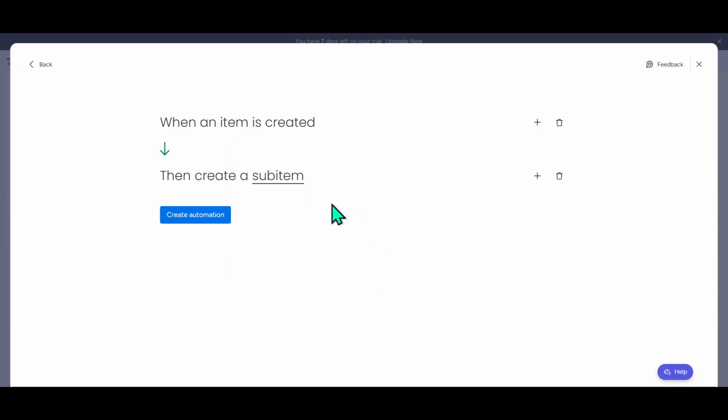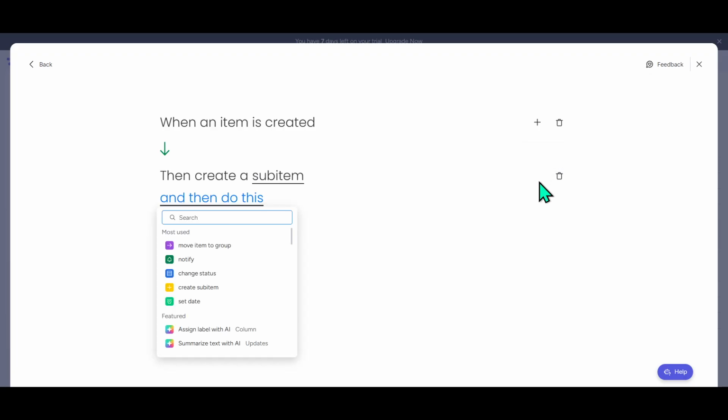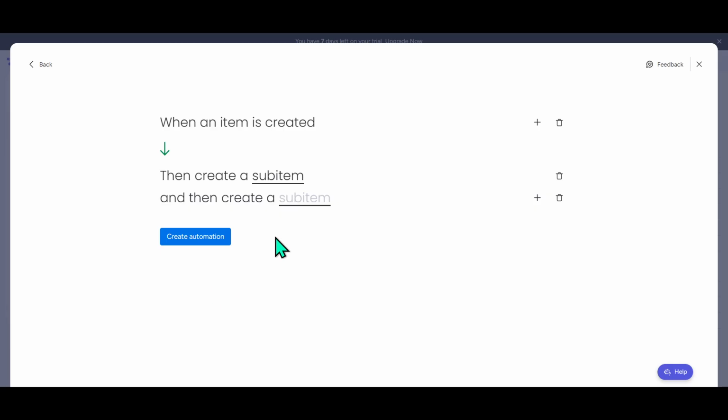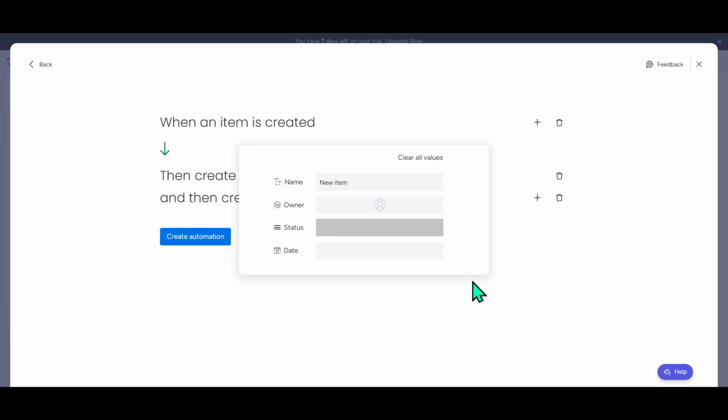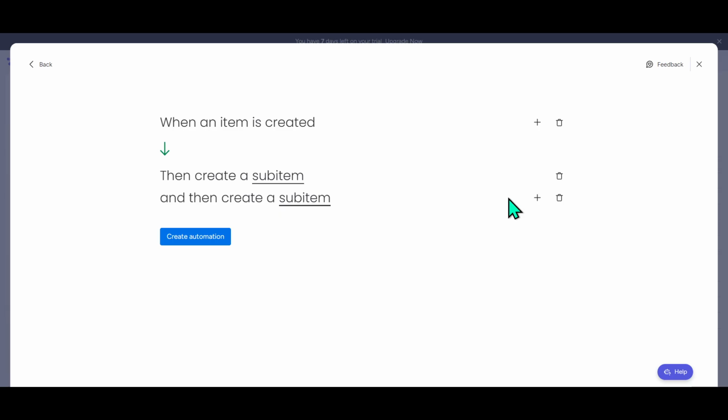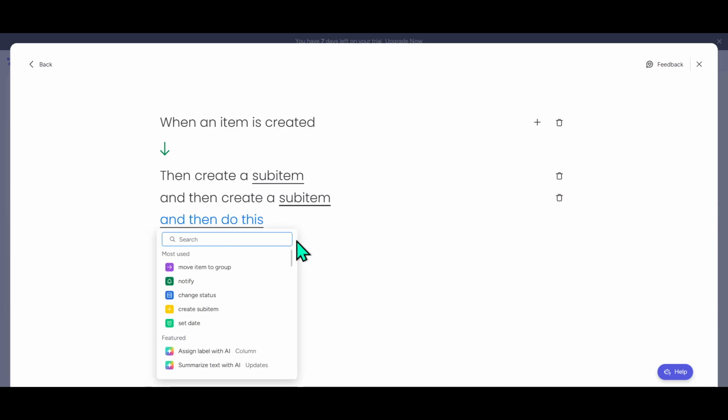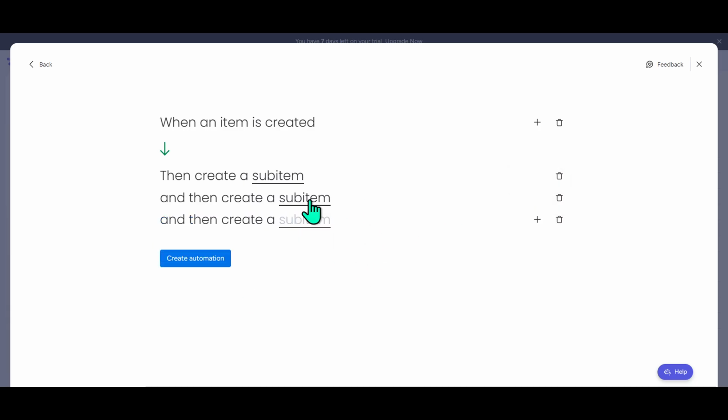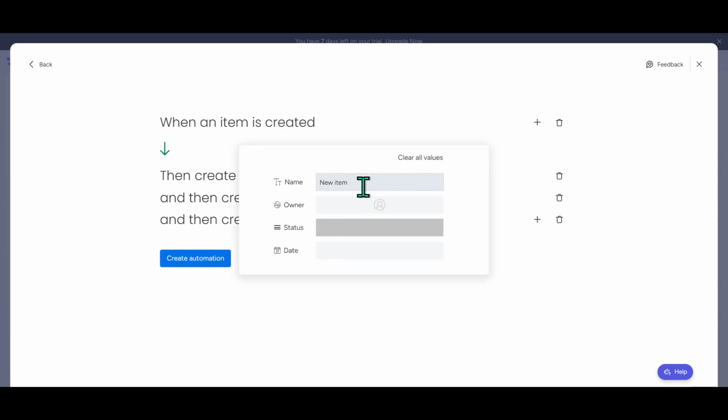organized workflow. If your process calls for multiple sub-items to be created with each new item, don't worry, this is easily accommodated. Near the existing Create Sub-item action you've just set, you'll see a plus icon. By clicking this icon, you can add more automated actions. Simply select Create Sub-item again, and repeat this process as needed to match the number of sub-items you wish to generate per new item. This flexibility allows you to tailor the automation to suit the specific needs and complexities of